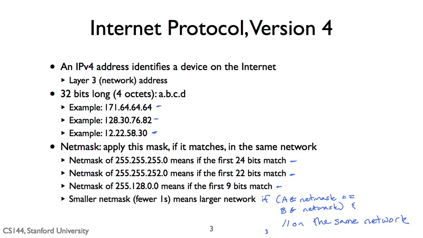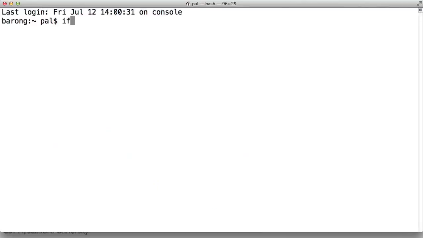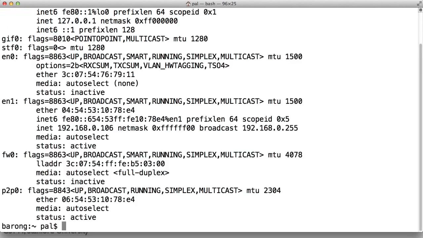Let's see what this looks like on my computer. I can open up a terminal and use the ifconfig program. My computer is connected to the internet over Wi-Fi, which happens to be the link named EN1. If we look inside the information for EN1, we can see that my Internet Protocol version 4 address is 192.168.0.106, and my net mask is 0xFFFFFF00, which is hexadecimal for